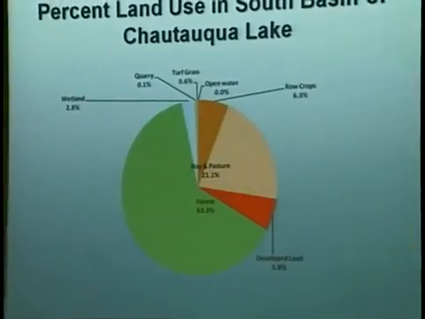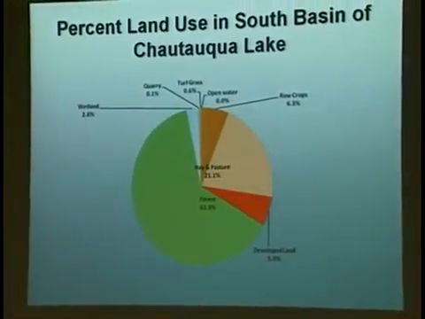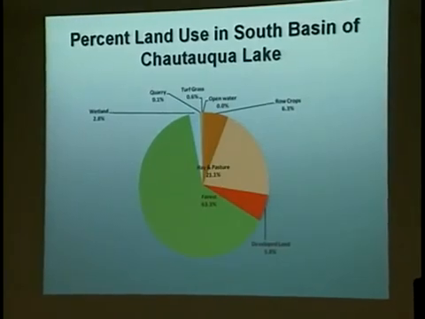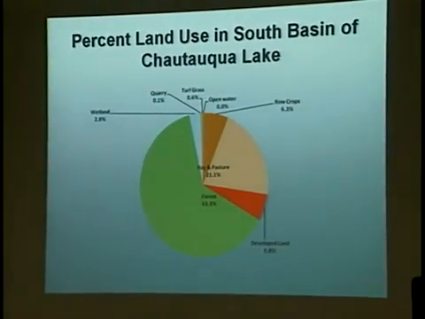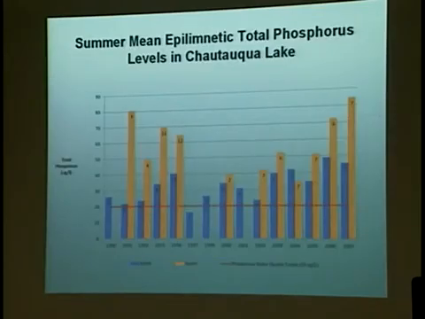Let's take one step back. In the watershed management plan and the total maximum daily load by the state, they identified all the potential sources in the watershed and how they're entering the lake. We're going to pay attention just to the lake since the watershed drains to the lake itself. The Chautauqua Lake,